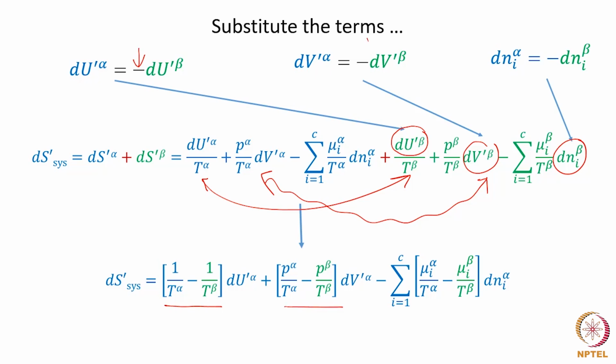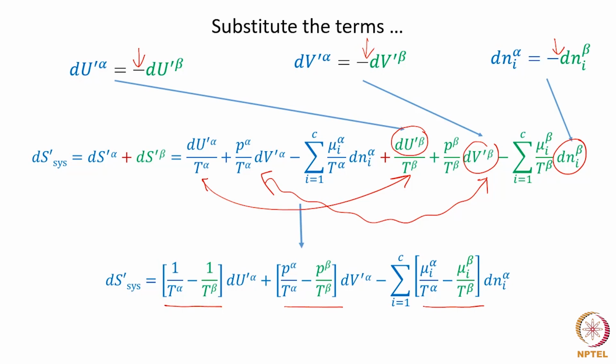Again the minus sign comes because of the minus sign here, and mu I alpha by T alpha minus mu I beta by T beta. Again the minus sign comes because of the minus sign here. So this way we have written the entropy change in the entire system as an expression that goes with arbitrary